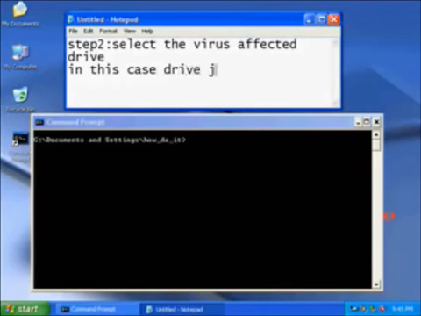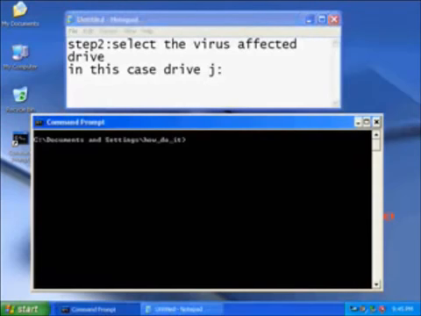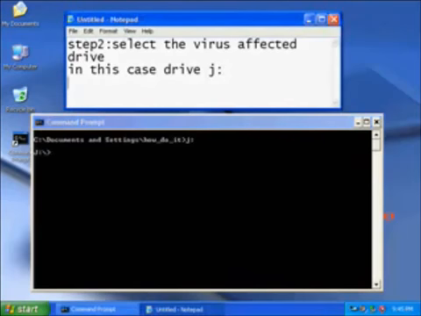In my case, drive J is the drive that has a virus. To choose the drive, type the letter of the drive, then add a colon to select the drive.